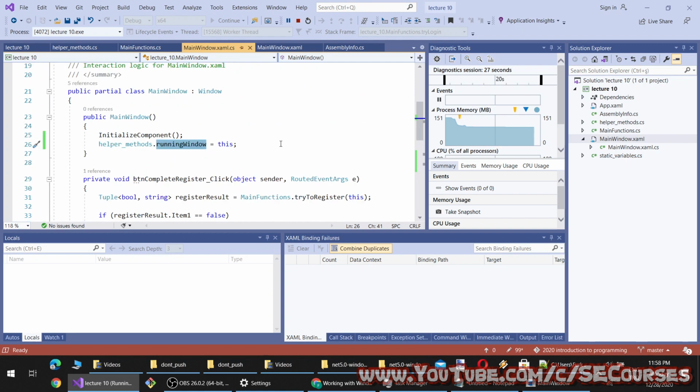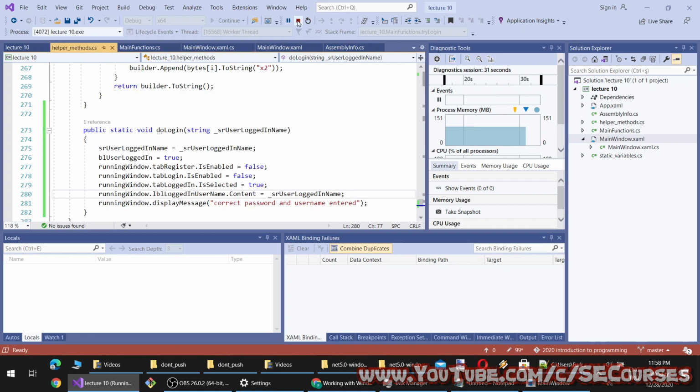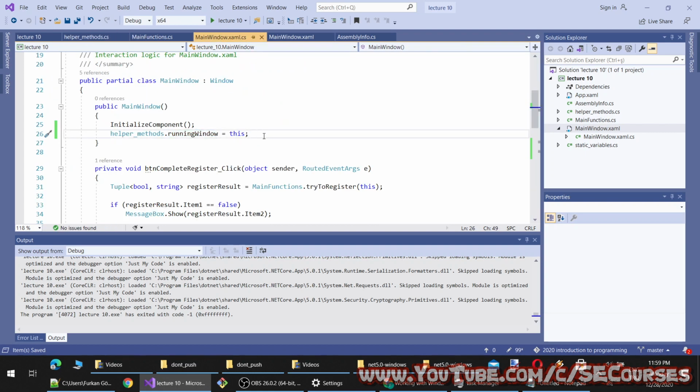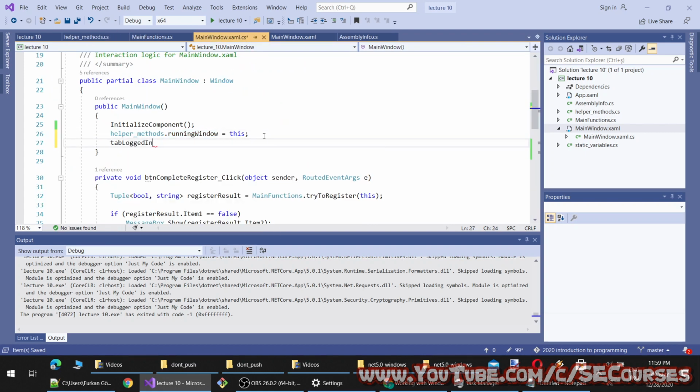For example, in the helper method, we can add logged user like. Plus. Okay, so when the application first started, we need to make tab logged in disabled.